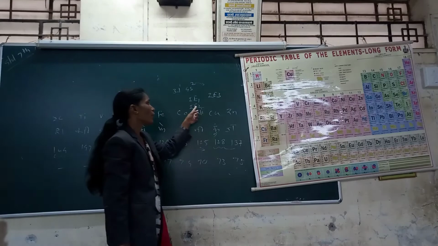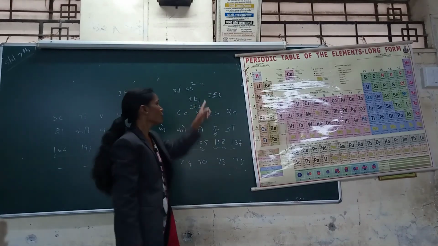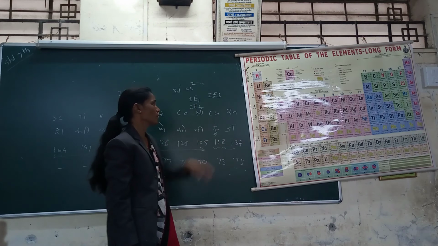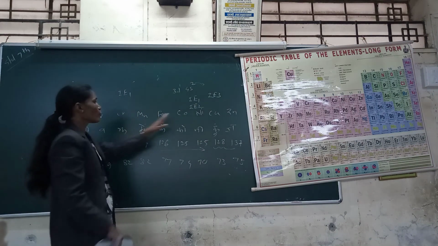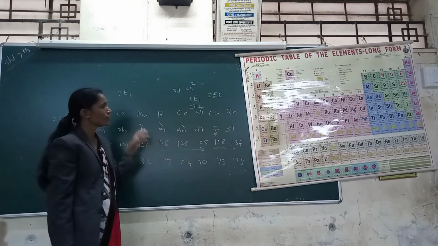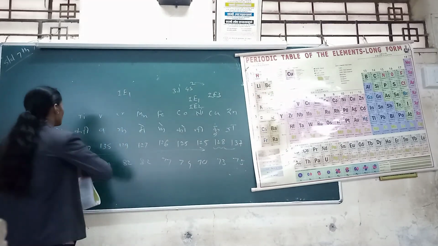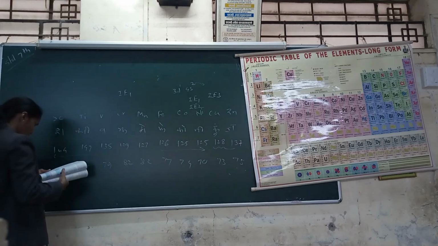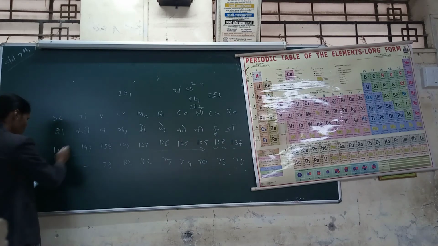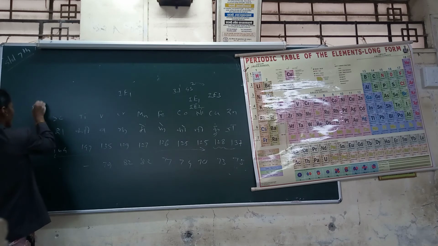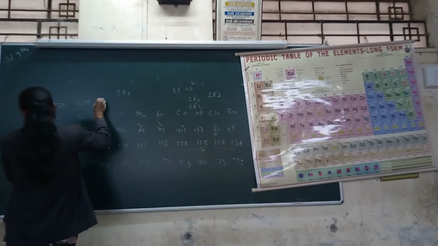Ionization enthalpy 2 means scandium 2 plus. Ionization enthalpy 3 means oxidation states. The first ionization enthalpy IE1 values are 632, 659, 650,